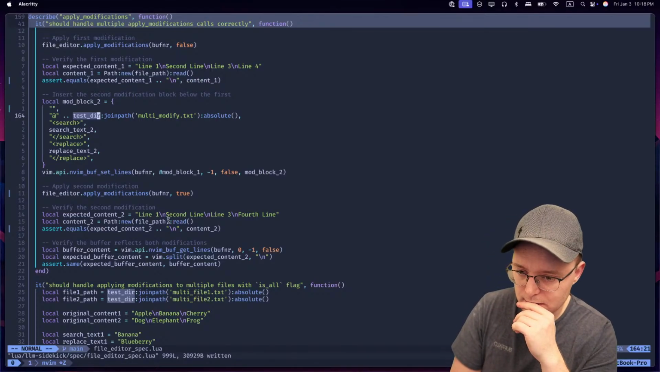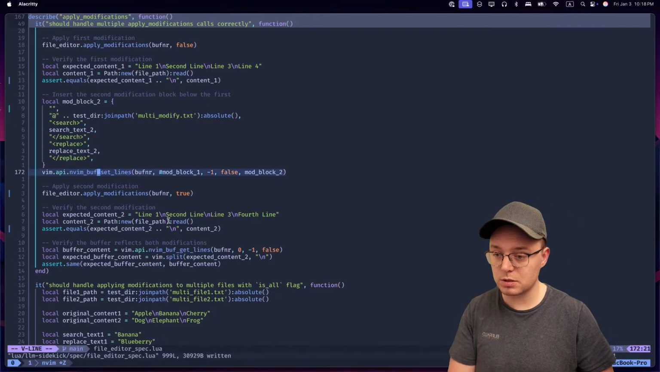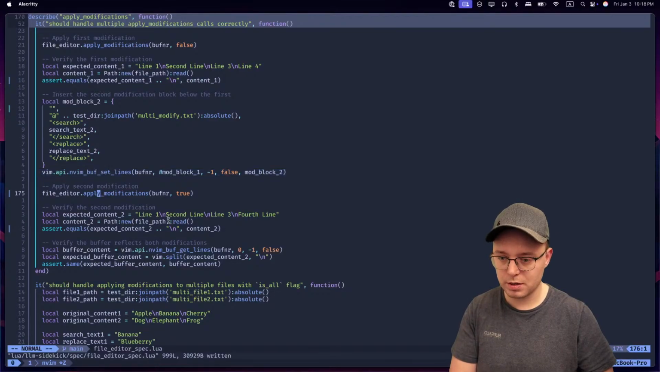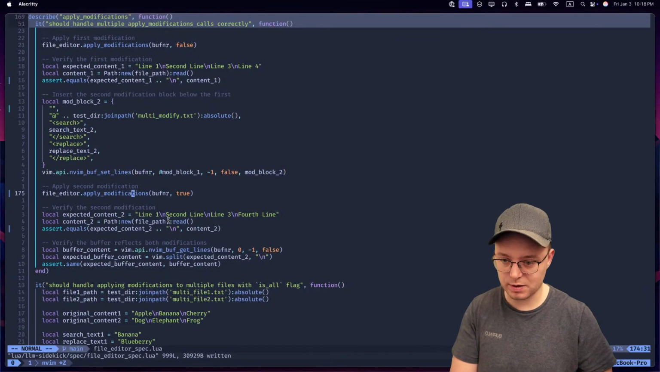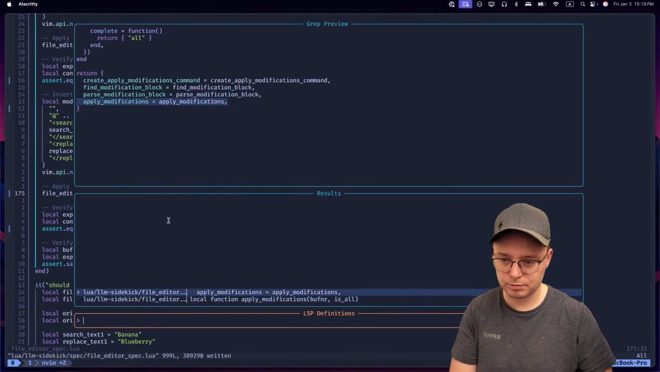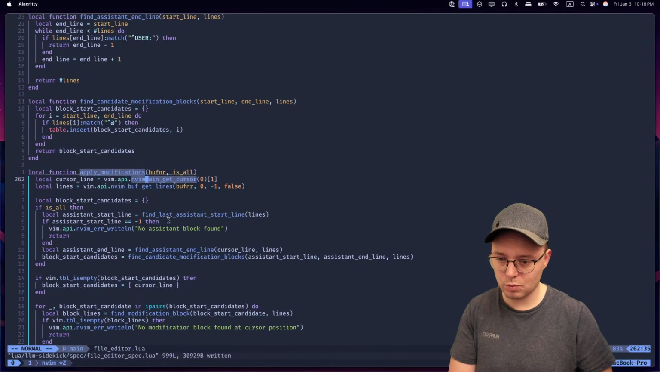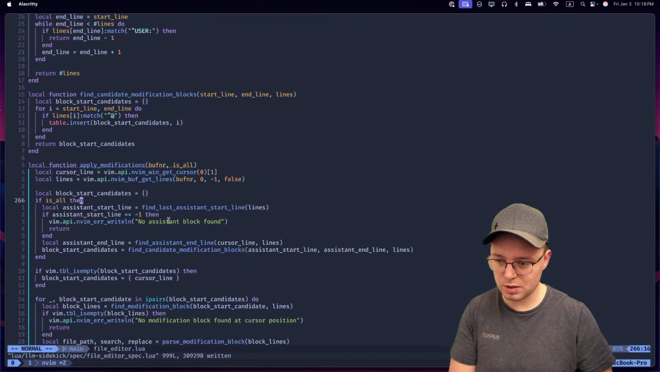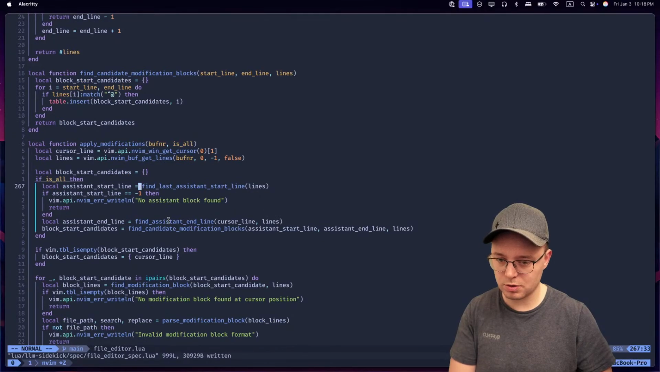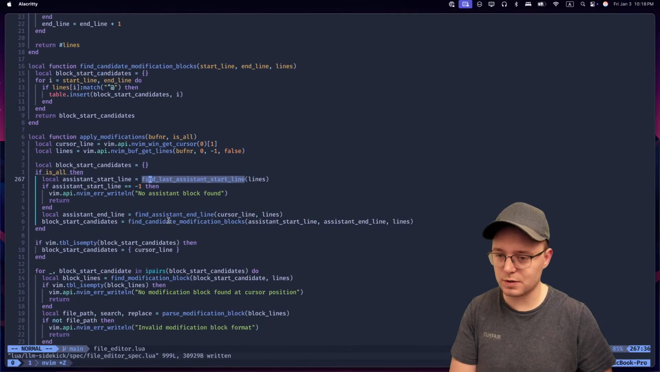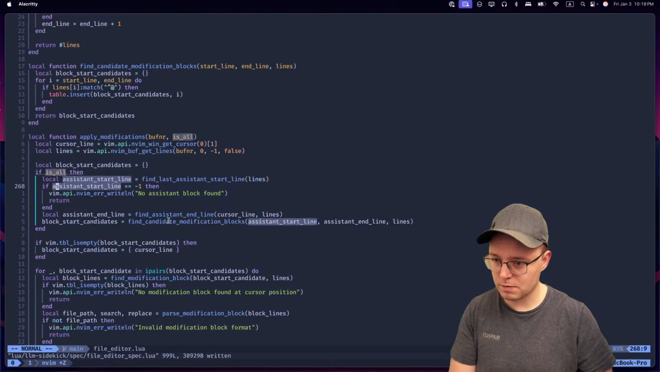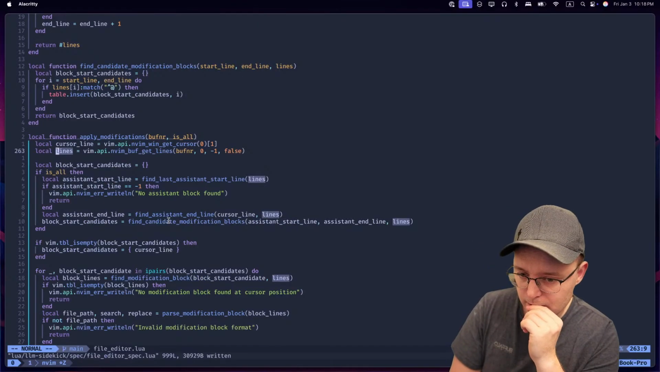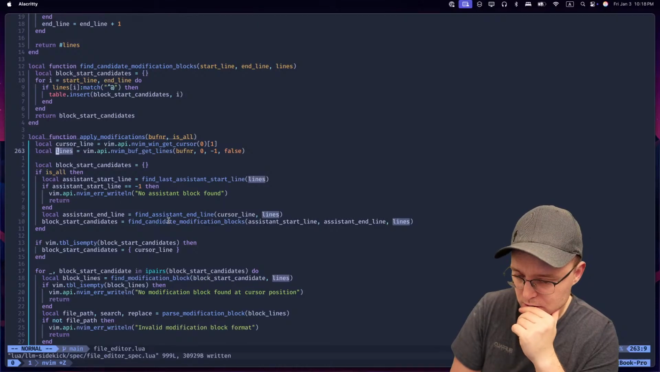Multi-modify. So, I add the content to the buffer. Then I call apply modifications with the same buffer number. And what we're doing here is, if all, we just don't care, we go and we scan all of this, right? Right. Big question